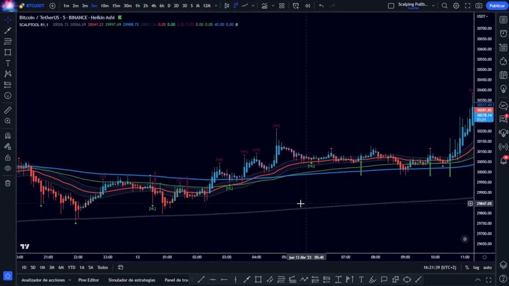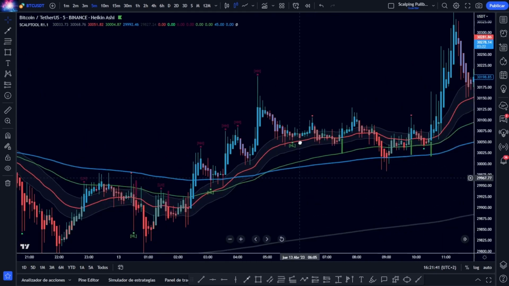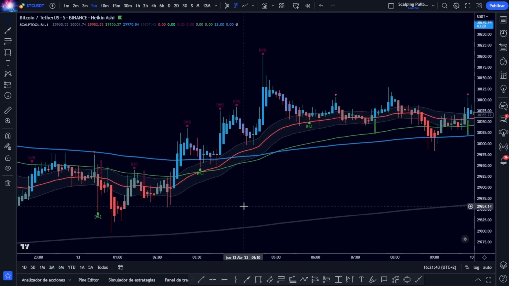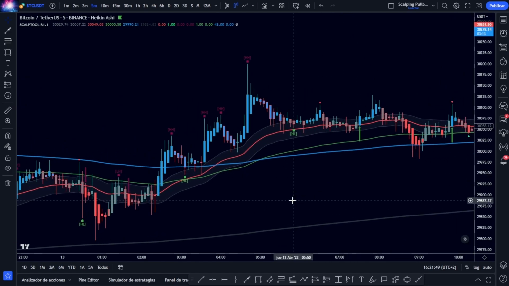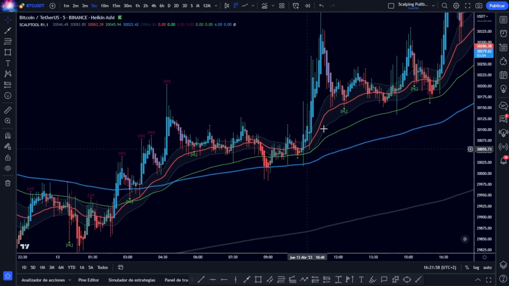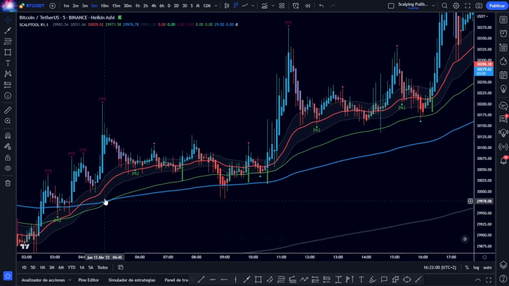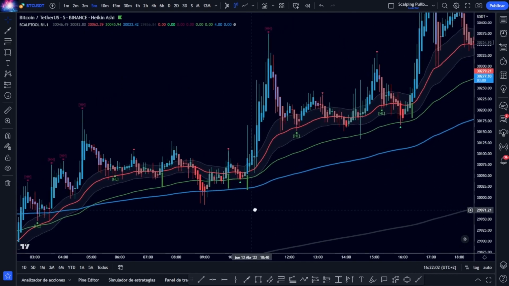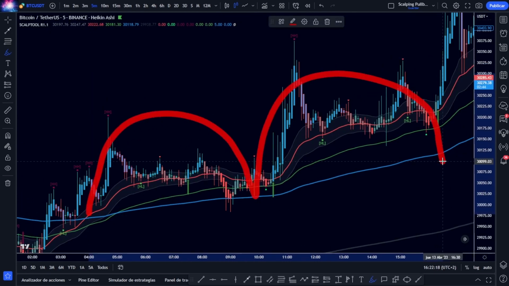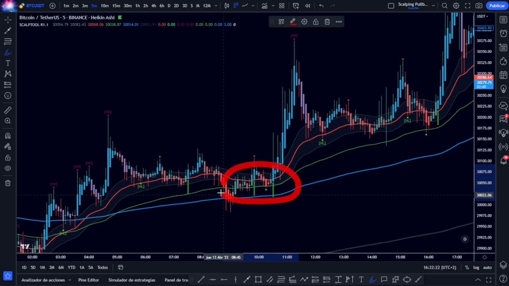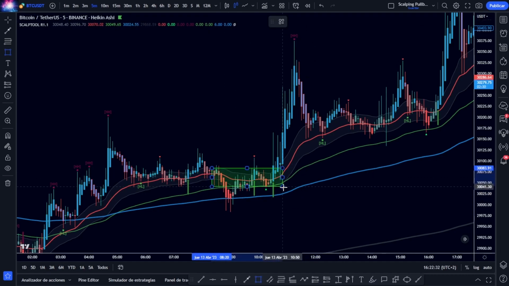Well, there is still more, because of course what we want is to operate in low time frames, make a quick profit, collect, and move on to the next operation. As I said at the beginning, in the case that the price is above the 200 period average, what we have to look for is always long operations, and in this case look for these pullback movements towards the area of the average, and above all know how to locate those small ranges that are formed when the price breaks